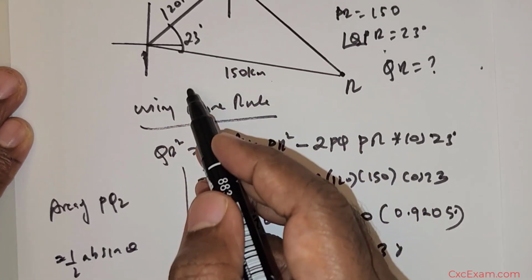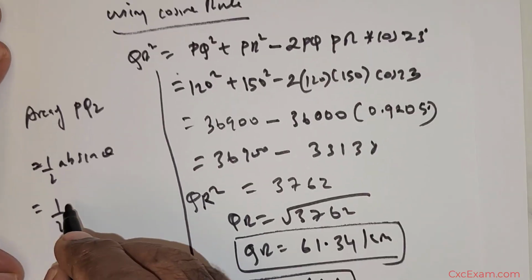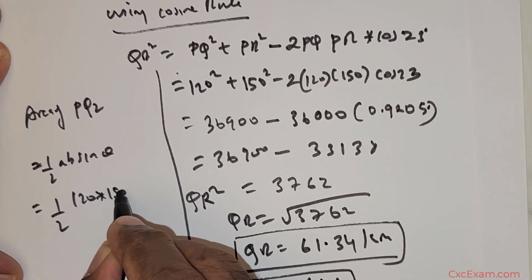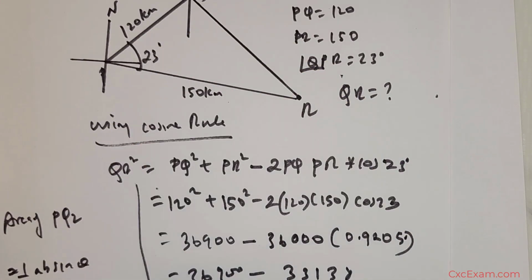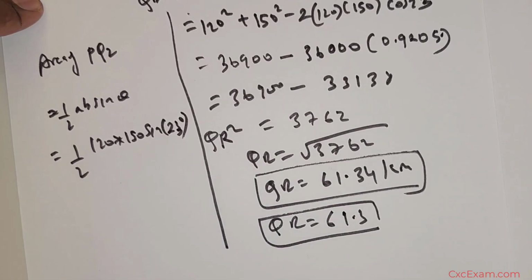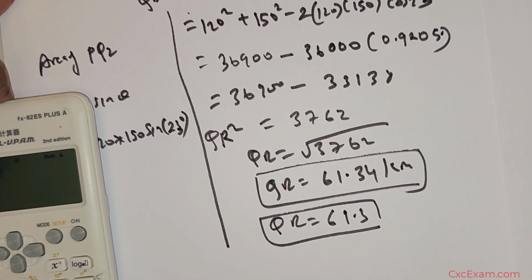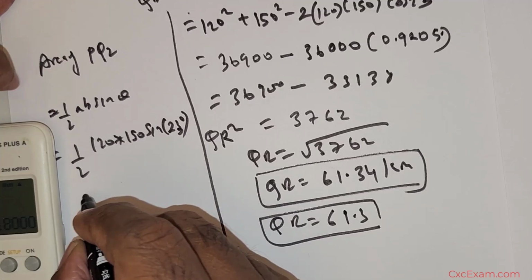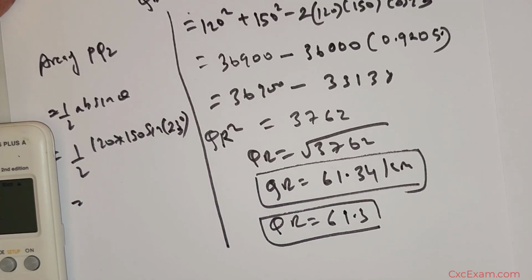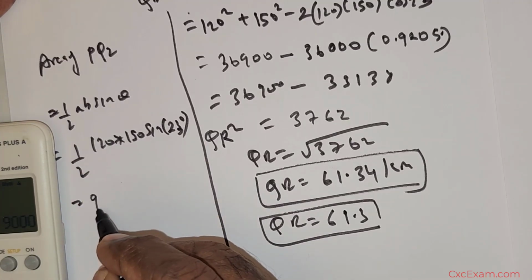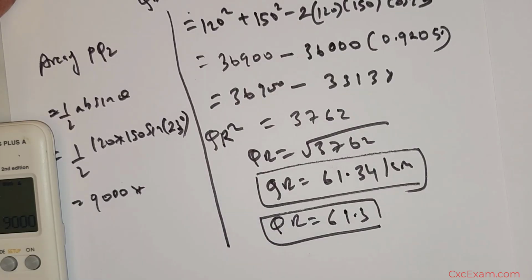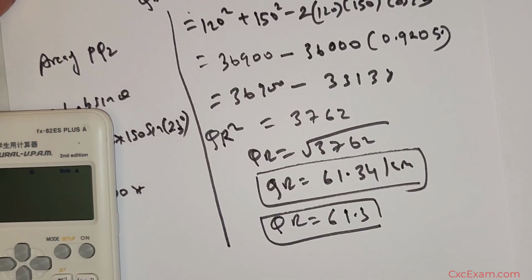So half times 120 into 150 into sine of the angle between them, sine of 23. So 120 times 150 divided by 2, 900 multiplied with sine of 23,